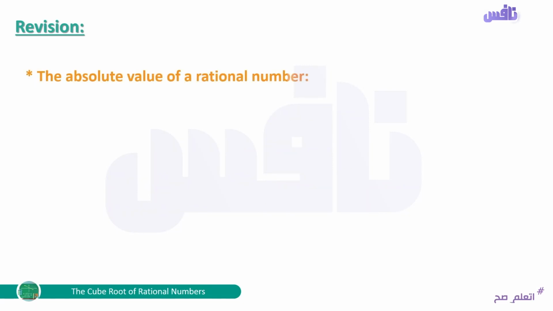We are going to revise also the absolute value of a rational number. We learned that absolute -7 equals 7. The absolute will cancel the negative sign. Absolute 3, this is already positive, so its absolute value equals 3. Absolute 0 equals 0, because as you know, 0 has no sign. 0 is neither positive nor negative, so its absolute will be 0 as it is. Absolute -5 over 3 will be 5 over 3,